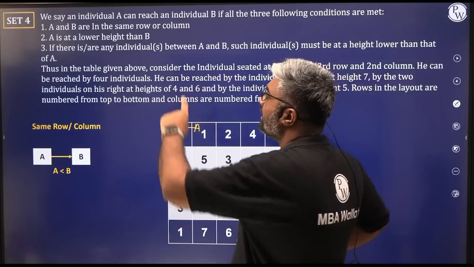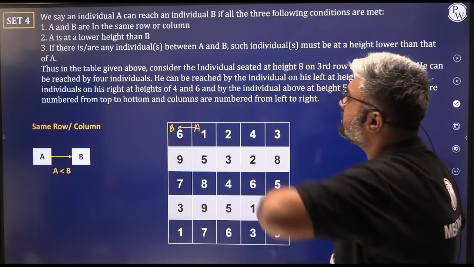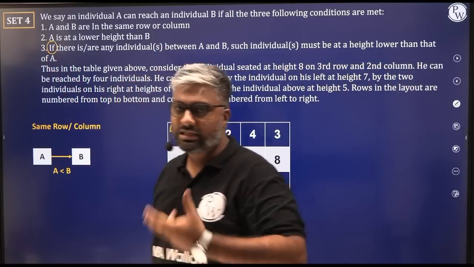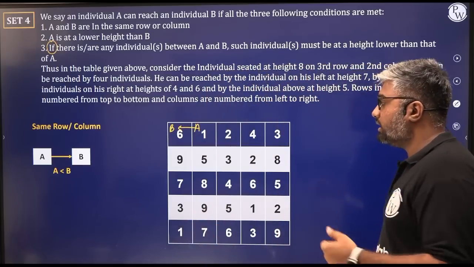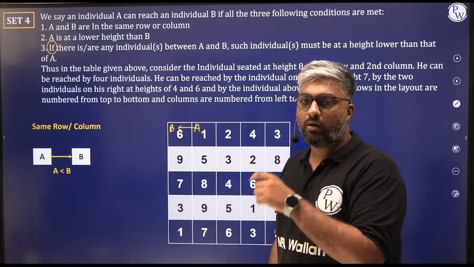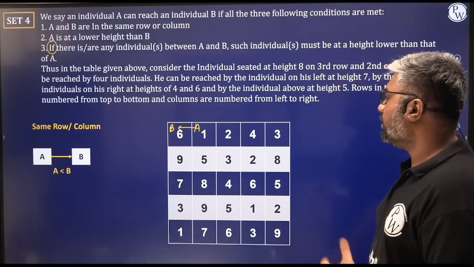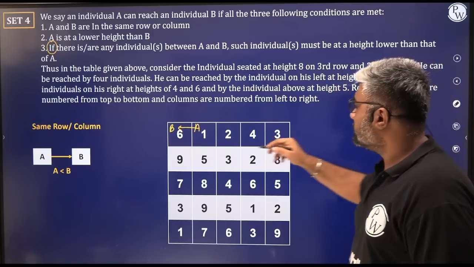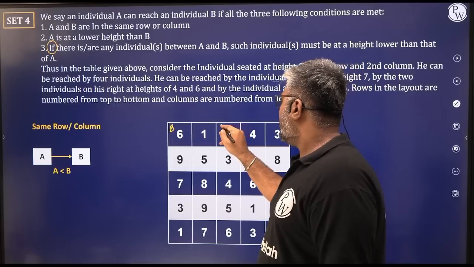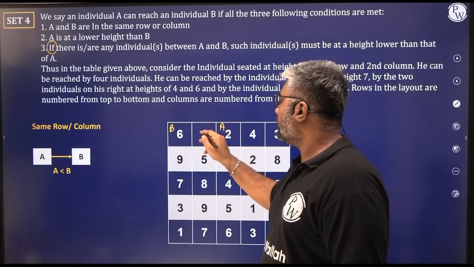Third condition is saying if there is or are any individuals between A and B. So this is an if statement, right? मतलब ये conditional situation है कि अगर ये दोनों adjacent नहीं है एक दूसरे के, या कोई और प्लेटफॉर्म बीच में आ रहा है, right? अगर कोई और प्लेटफॉर्म बीच में आ रहा है. So let's say in this case, let's put B there and A here. ठीक है, यहाँ पे बीच में कोई और प्लेटफॉर्म आ रहा है.